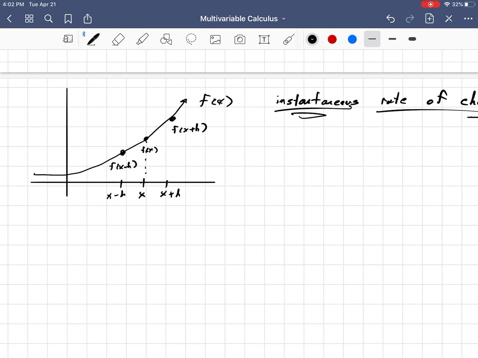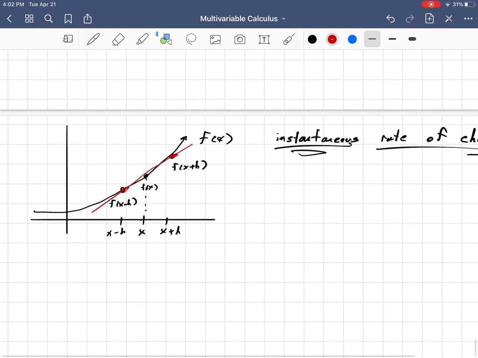And so at this point here, this y value, that's obviously f of x. This is f of x minus h. And that's f of x plus h. Now, if we were to estimate first, let's estimate. If we were to estimate the change from f of x minus h to f of x plus h, well, the average rate of change would be